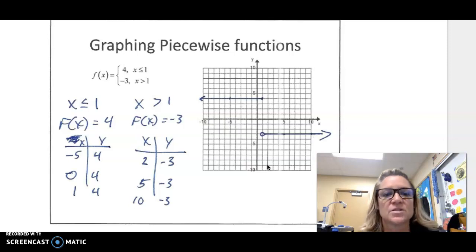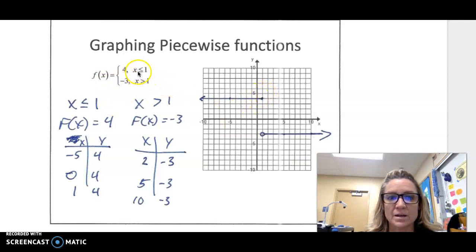All right, so for this first one, we're going to graph two parts of this function. When x is less than or equal to 1, we're going to graph 4. And when x is greater than 1, we're going to graph -3. So if you make a t-chart for each,